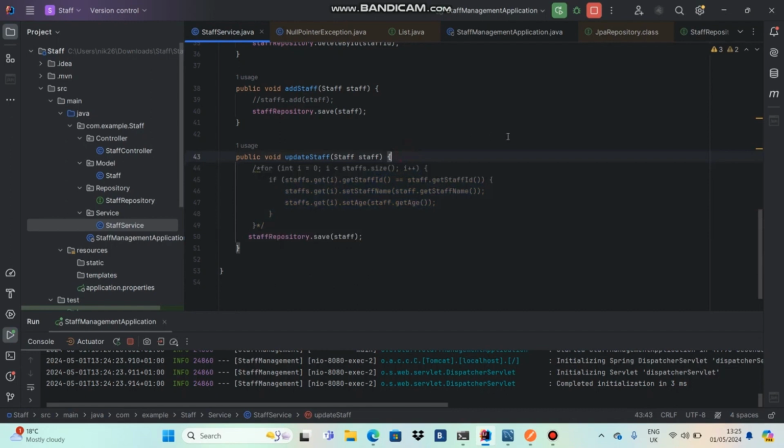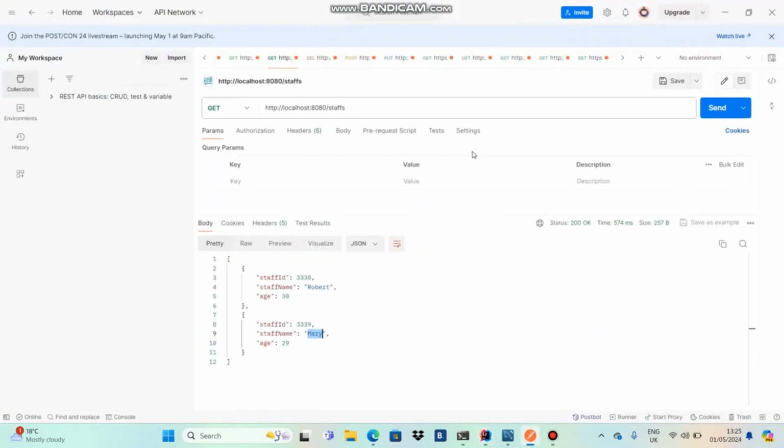But basically now you know completely how you can add, update, delete, and get the data from the database using your API endpoint properly with the controller, service, and repository layer without any issues. Okay guys, so I will meet you in